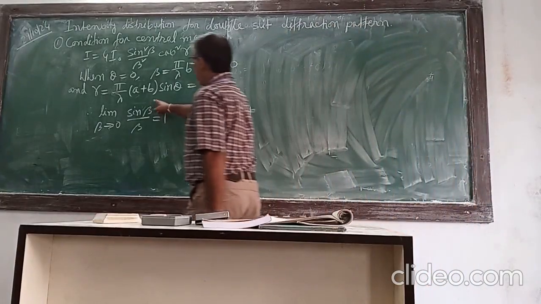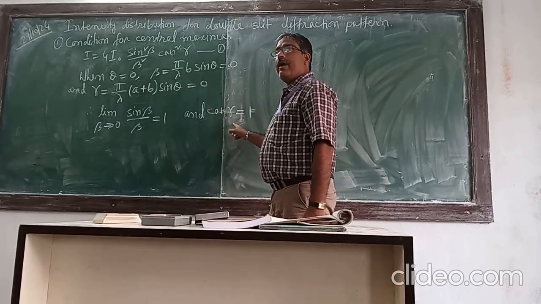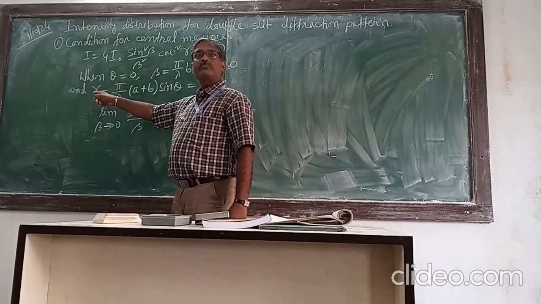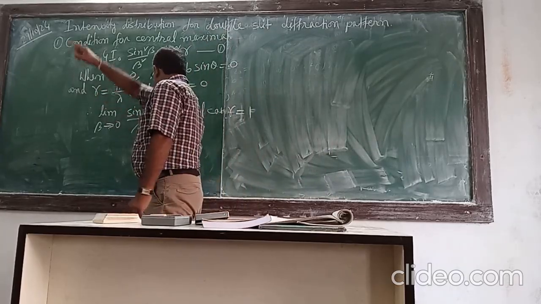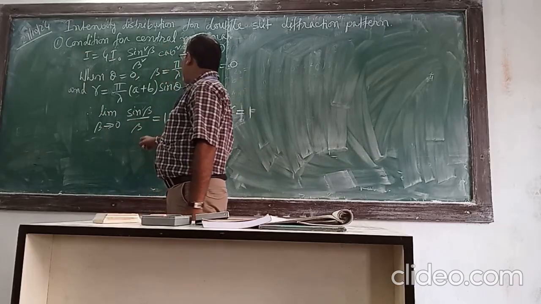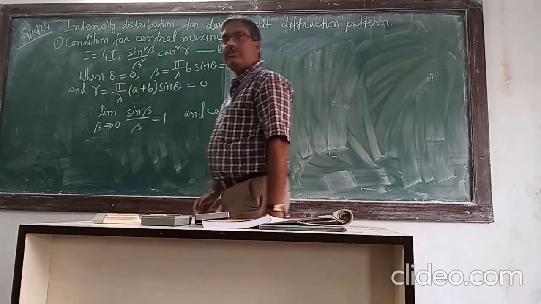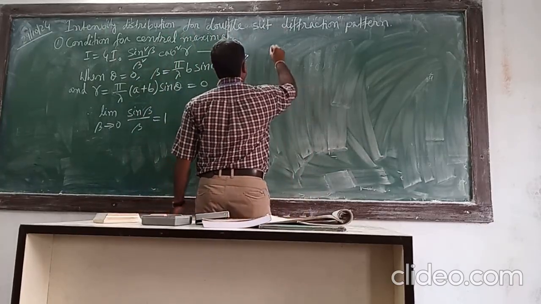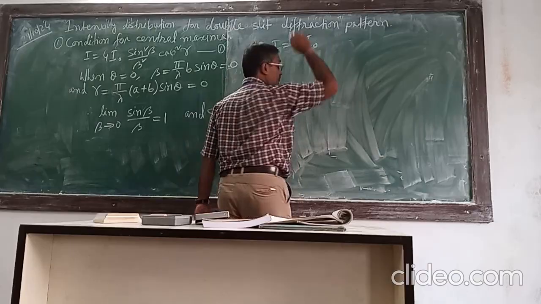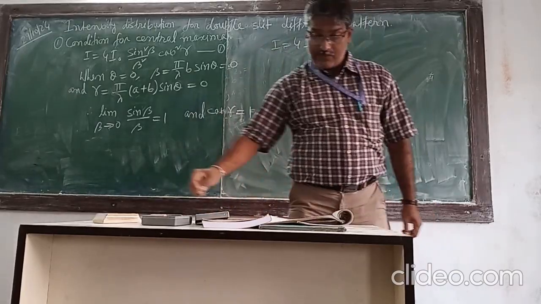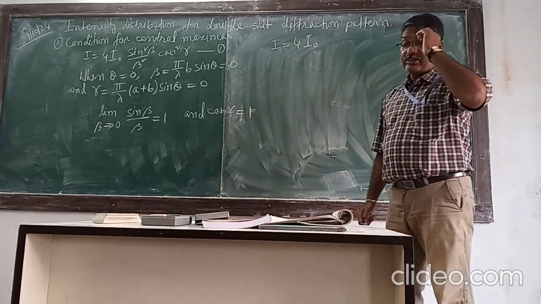When theta tends to 0, cos gamma is 1 and the limit as theta tends to 0, sin theta by theta equals 1. That means I equals 4I0. The intensity of the central maximum is I equals 4I0,